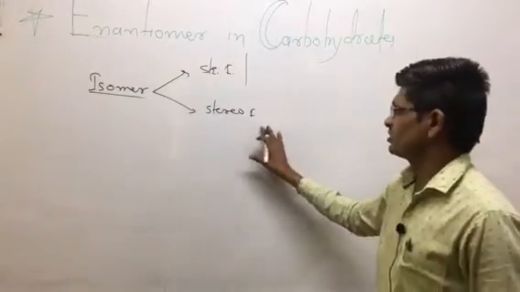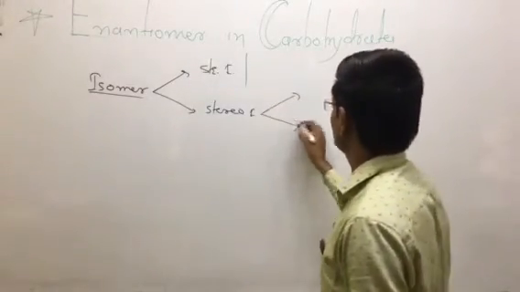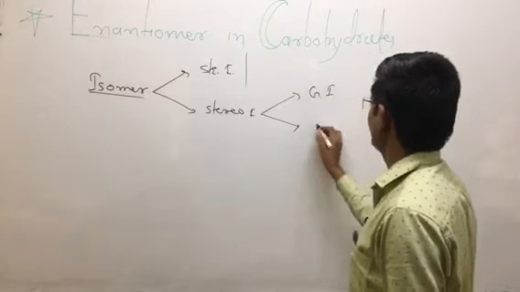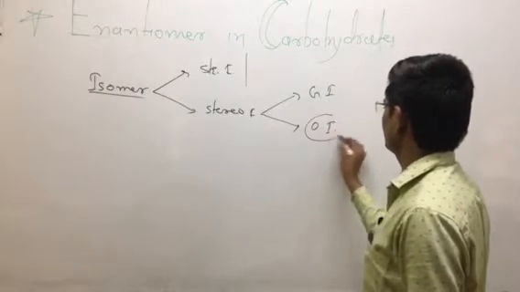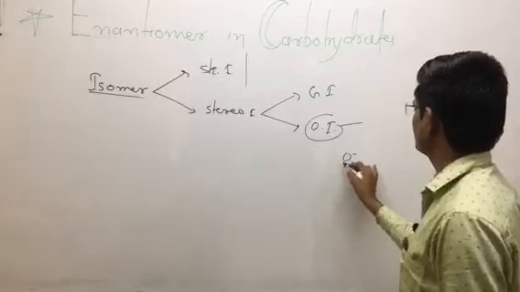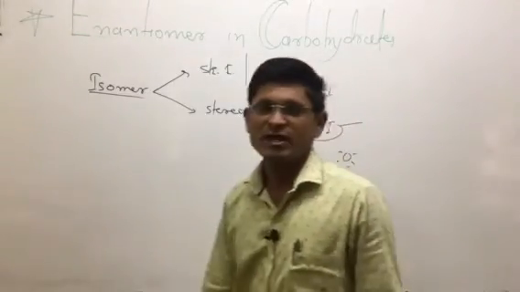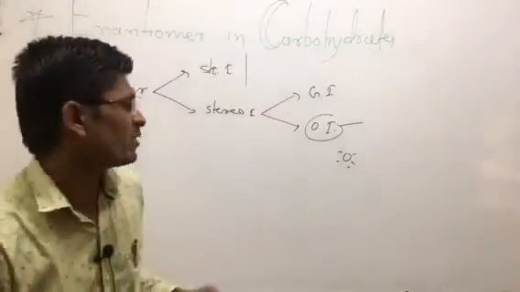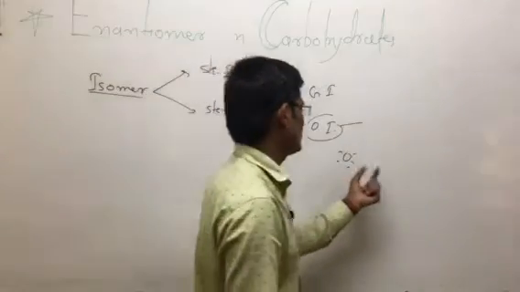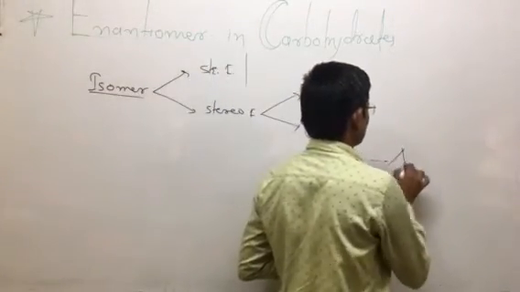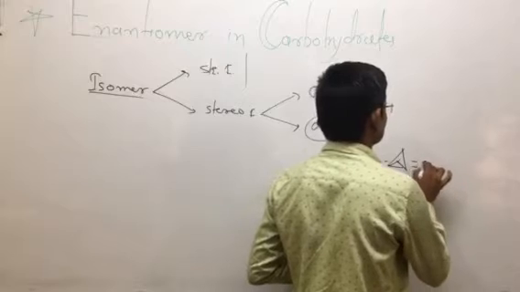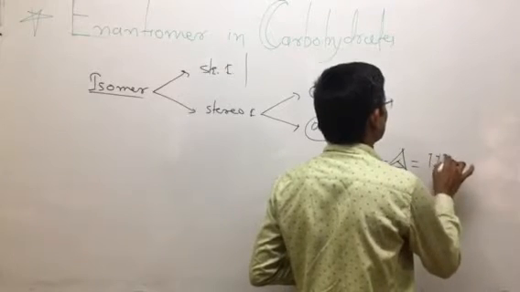Here we are discussing the stereoisomer. The stereoisomer has geometrical isomer and optical isomer. So the concept of the optical isomer: we know the source of light is passed through a Nicol prism, and the plane polarized light, a single line, passes through the Nicol prism. Then there is formation of a single line, and this single line is nothing but plane polarized light.